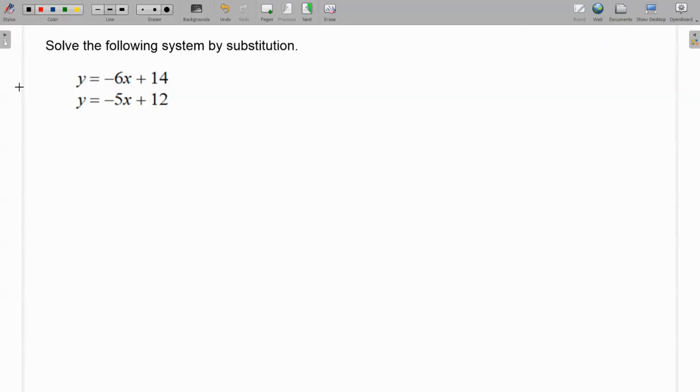In this problem, we're asked to solve the following system by substitution. We're given a system of linear equations. The first one is y equals negative 6x plus 14, and the second one is y equals negative 5x plus 12. Now, what you should notice in these two equations that make up this system is that they are both